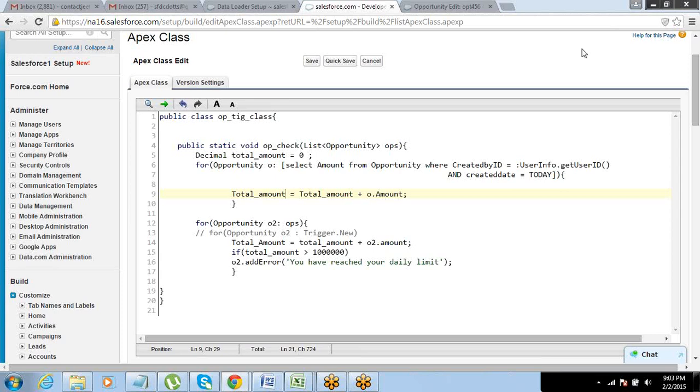Jeet, hi, this is Ankit. I have a question. In the second line, public static void, what does it signify? Yeah, it's a void method. It does not return anything. So you do not see a return line. Get method and page reference method, we have to return something, right? A void method does not ask for returning anything. That is where you can perform some action and you do not have to return anything.